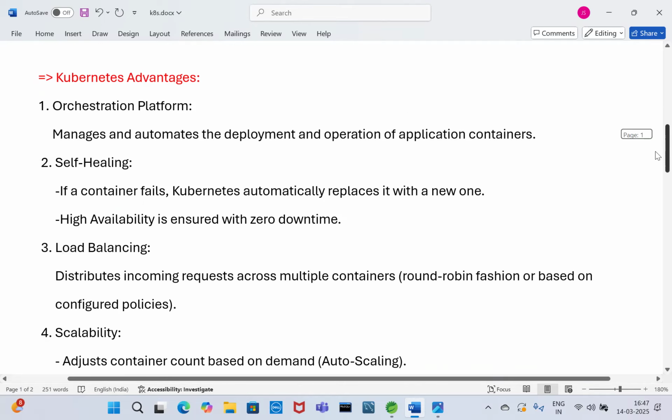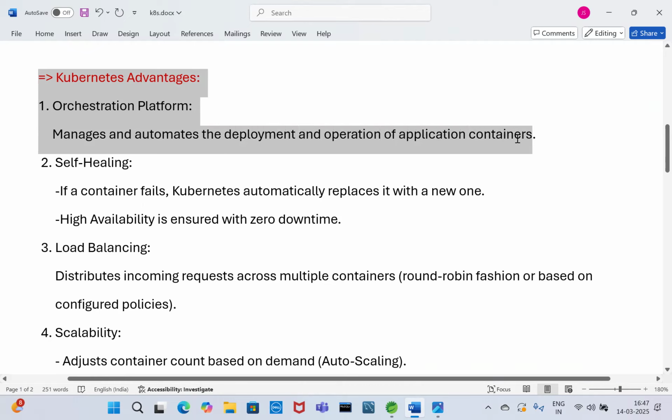Let's understand the advantages of Kubernetes. An orchestration platform manages and automates the deployment and operation of application containers. Self-healing: if a container fails, Kubernetes automatically replaces it with a new one. High availability is ensured with zero downtime.